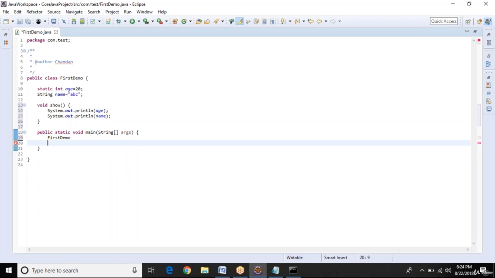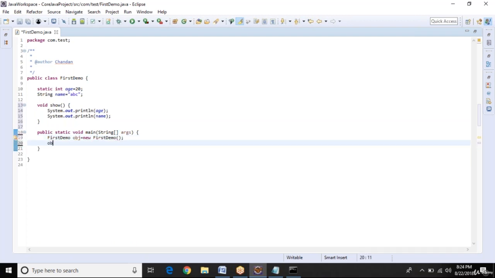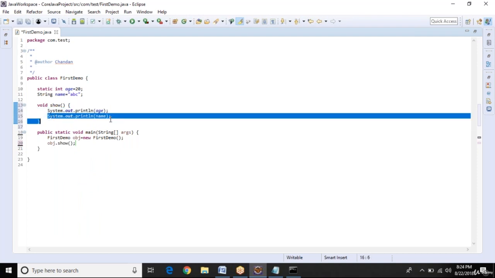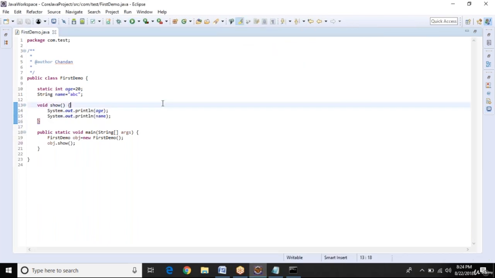So let me create FirstDemo obj equal to new FirstDemo, and now obj.show. I have called the show method, and when the show method is invoked, it will print first age and then name. This is also another way to print the value of the variables. So now you can understand how static and non-static work.